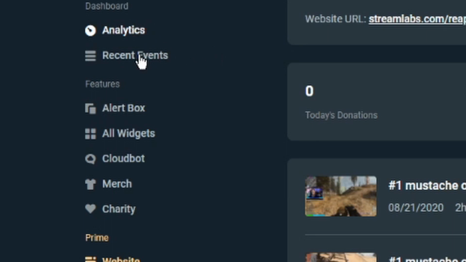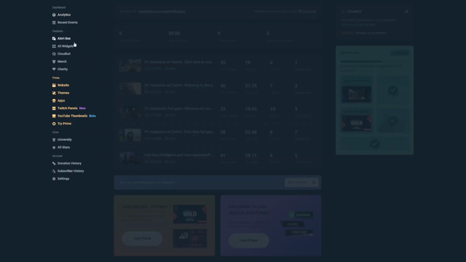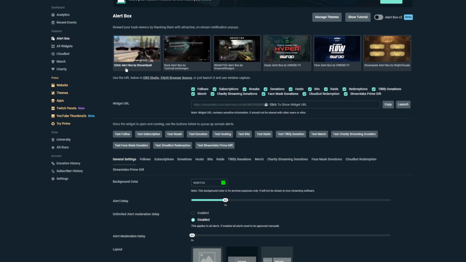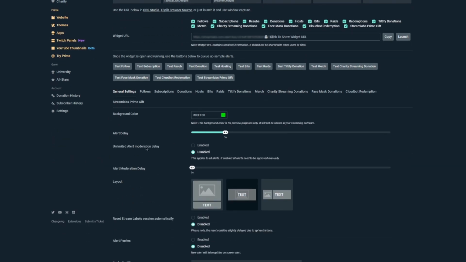You've got your recent events, which is the follows, the subs, the bits, and it's got the alert box, which is what I really like, because I still use the Streamlabs alert box in OBS, and it's really easy to switch over. But it'll give you this little code right here if you need to. Obviously, if you're using Streamlabs OBS as your software, you can just do what I did and add your alert box in there. Makes it so simple, guys. And if you scroll down,